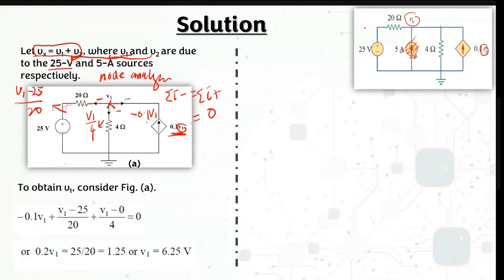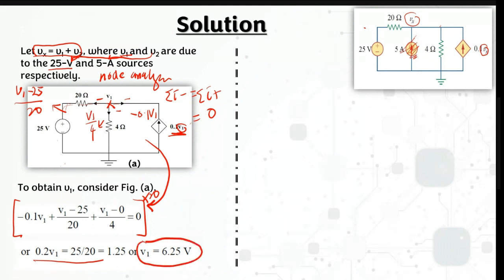Okay, so you have this circuit, then just put it into this equation. All right, you will have this equation, then simplified. I guess you just need to times this with 20, and then simplify so that you have this, and then you know that your V1 is actually equal to 6.25 lah. Okay, we've done calculating the V1 from this 25